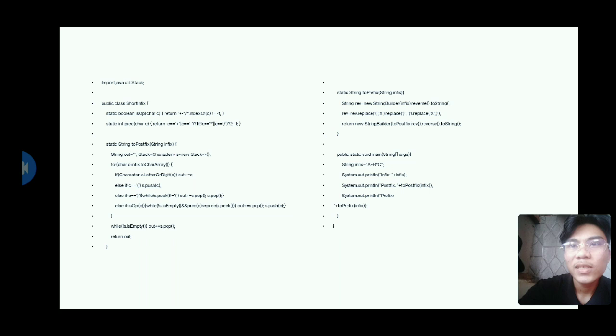This part, static boolean isOp, checks if c is an operator. The operators are the addition sign, subtraction sign, multiplication sign, and division sign. If c is found in the string of operators, it returns true, otherwise it is false.